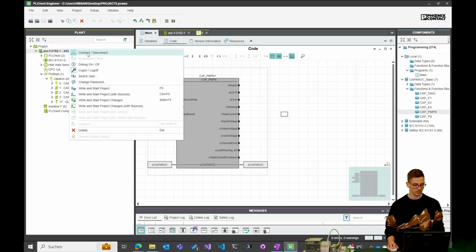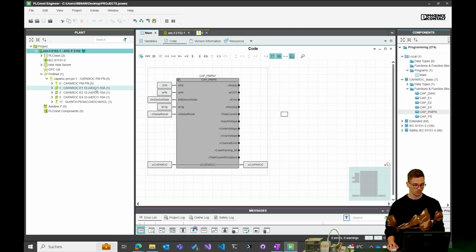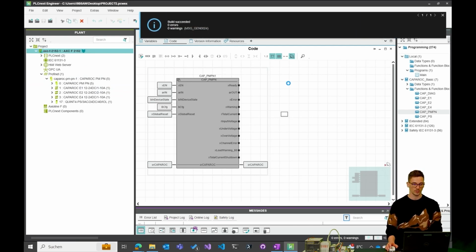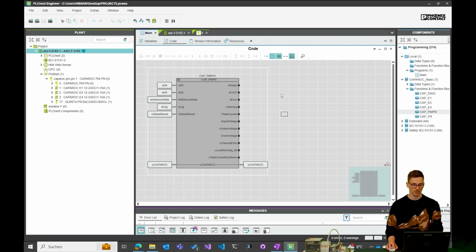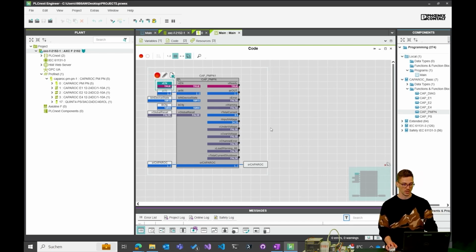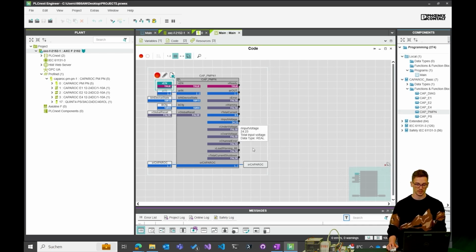We are connected to the controller, so we can write and start the project. 0 errors, always good. So let's go and see the online view. Enable the function blocks, and here you can see that it's live. We have no errors right now, so this is why they're all false. But you can see here the input voltage.